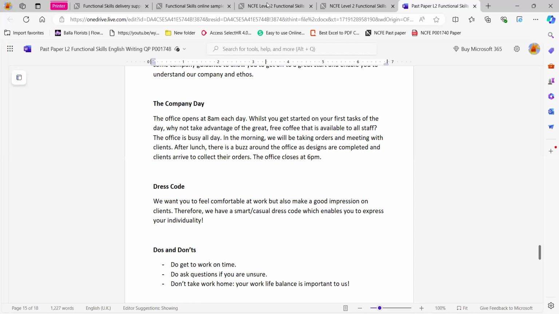But you can also download paper copies, and I will put a link to those pages in the WhatsApp chat, because they can be a bit tricky to find if you don't know where you're looking on the NCFE website. So I'll put a link to both of those in the group chat so you can have a practice yourself,